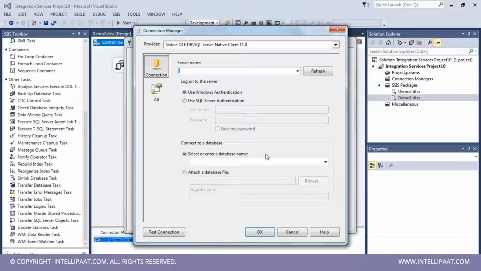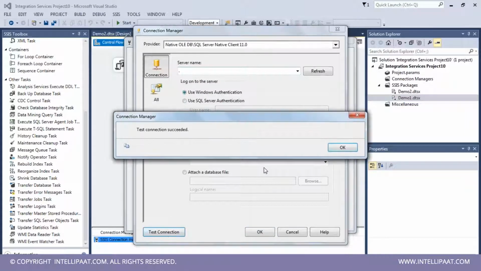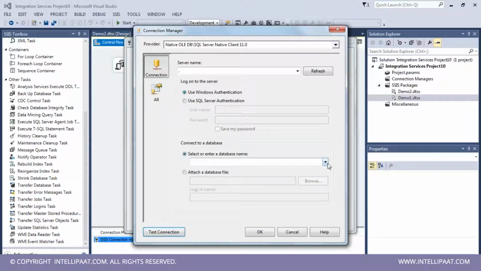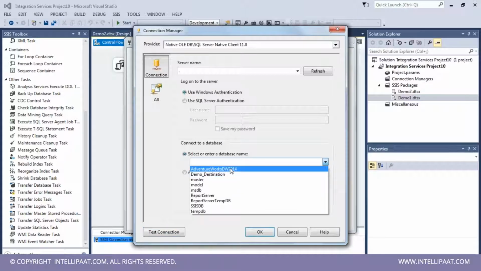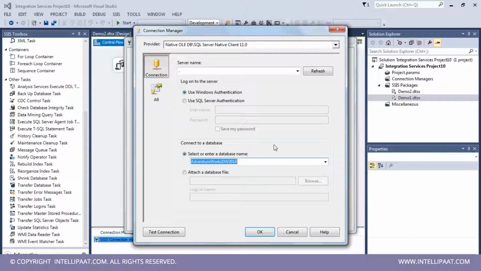All right, so that's how you do it, Windows authentication, and you can test your connection. Connection succeeded, and you can select your database name. So I can select AdventureWorks 2014, DW 2014. This is the database that I want to connect to. So through Connection Manager, you are connecting to a particular database in your SQL Server. Click on OK,